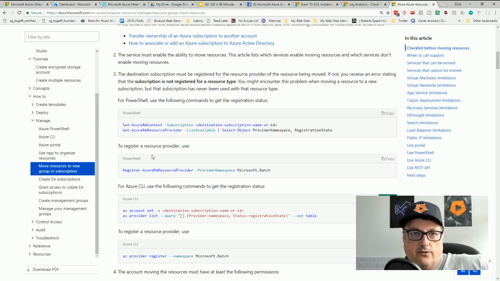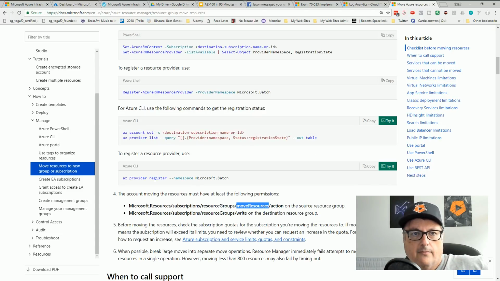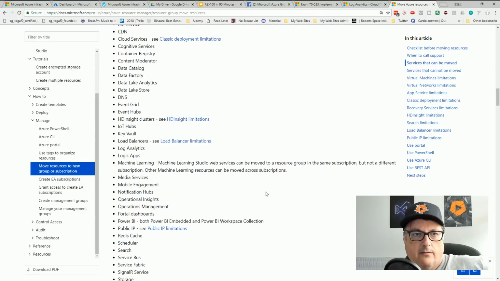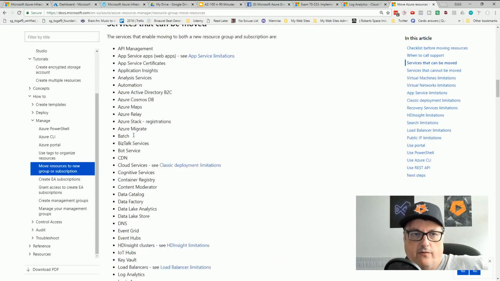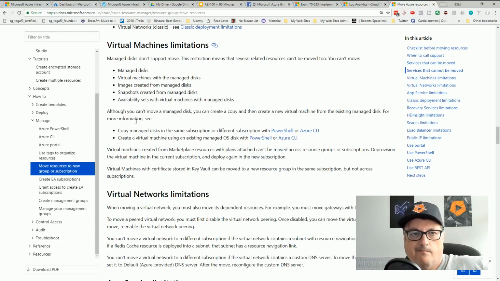Register a resource provider. You need permissions. Services that can be moved. Services that cannot be moved.